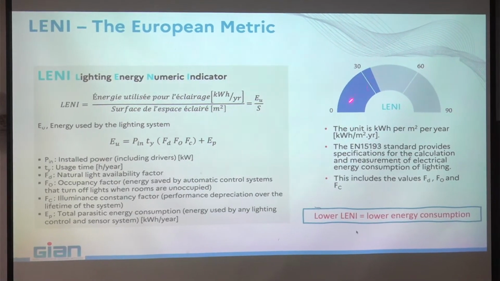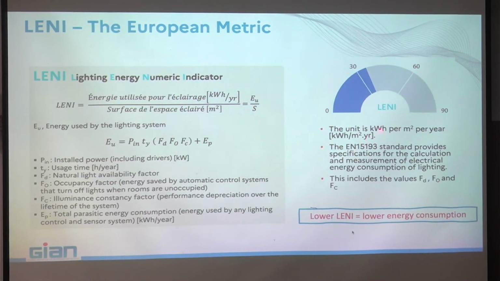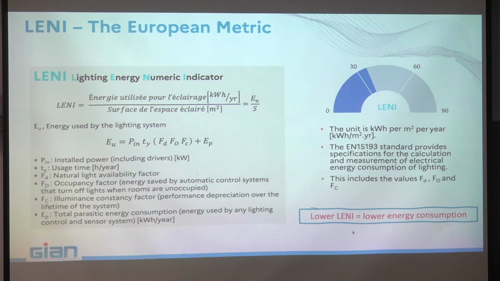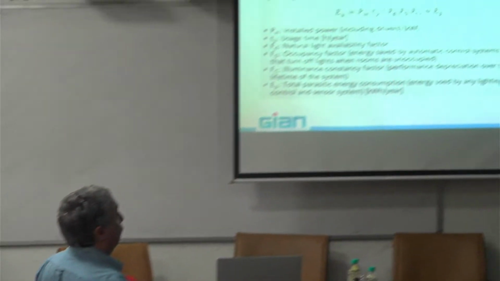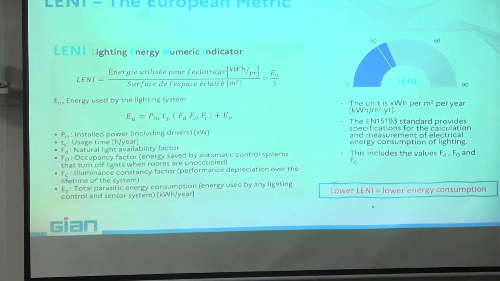And finally, then you can calculate the value of LENI, which is given in kilowatt hours per square meter per year, and this is regulated by European regulation EN 15193, which is a European directive, and the European directive has force of law for all European countries. What you have to understand here is that either using the French method or the European one,